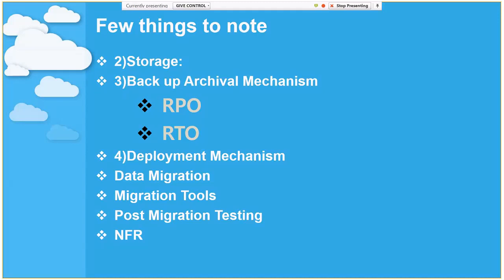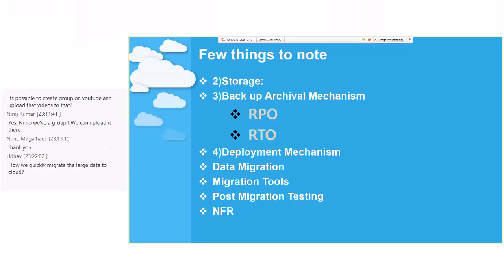Apart from that, we write about the database: what archival mechanism I'm going to have, how we are going to have a backup or archival mechanism in place, and how we are going to benefit from the paired region. Because in India currently we have Pune and Chennai as paired regions. So we can have that in place, and apart from that, we can use different regions there.